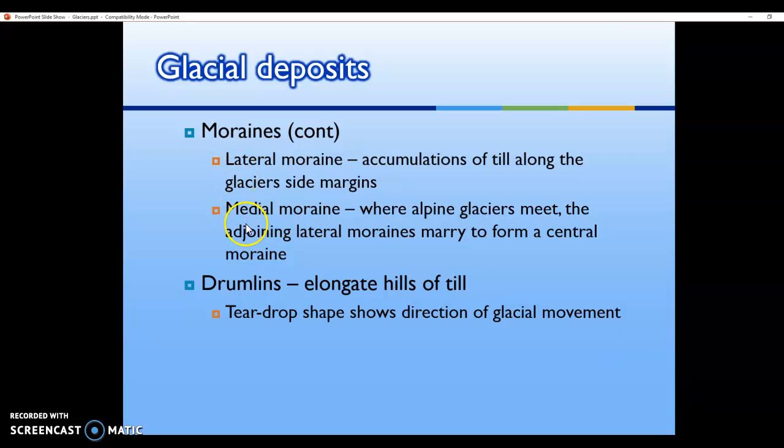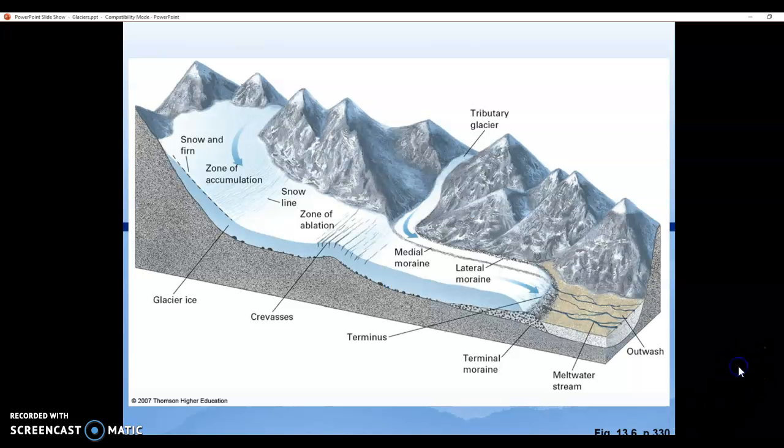And then lateral and medial are kind of what they sound like, medial meaning middle. These are where two glaciers come together and meet. We have a picture of that on a slide coming up. And lateral is along the edges. So again, better shown with a picture here. All right, so here's the picture that we looked at before. We have lateral along the side, moraine. We have medial, where these two glaciers coming down from these two different valleys come together, and that glacial debris is now